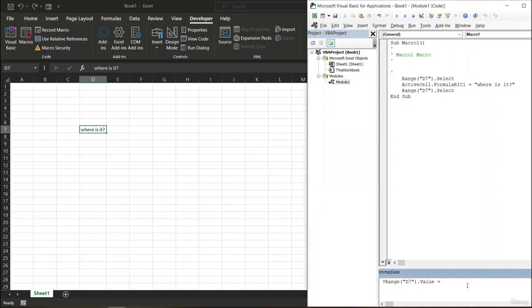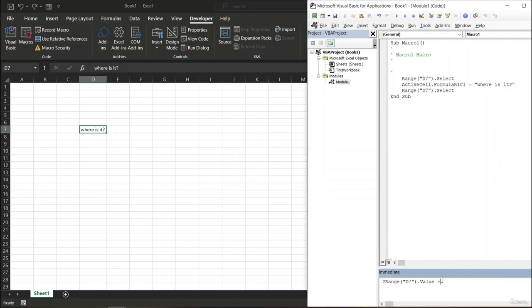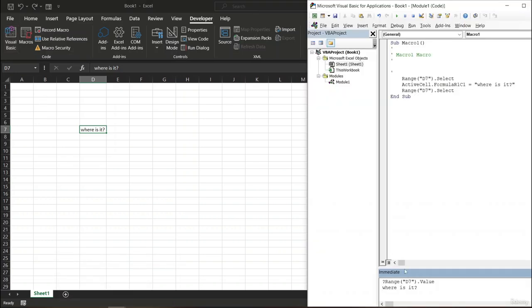So the reason why it's showing this error is because I added this equal sign. So I can't add this equal sign. If I just delete this equal sign and press enter, well, you can see that there is this value here, which is the same value that I typed here. Okay, so you can see that if we add a question mark in front of this code, it will show the value, and we have to indicate the cell number as well, so it will indicate the values as well. Okay,